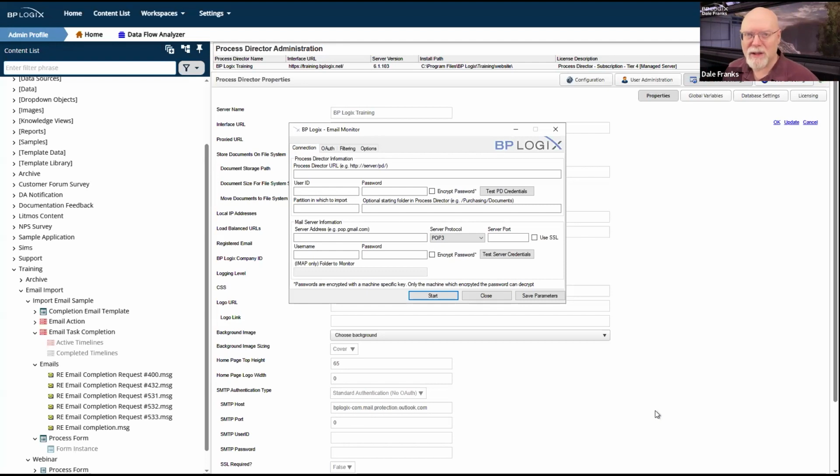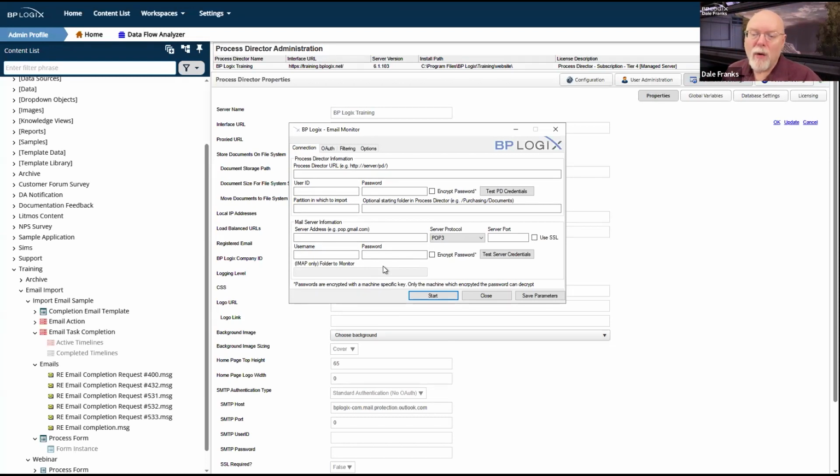So you just need an email inbox. You can put all of your email messages there. Now, those messages have to get from your SMTP server. Well, actually, it'd be a POP3 or an IMAP server since it's incoming email. But you've got to get from your email inbox into Process Director. That is the purpose of BP email import, where you specify a Process Director installation, and then a mail server installation with an inbox specified, a username and a password, where all of the mails are going to be stored.